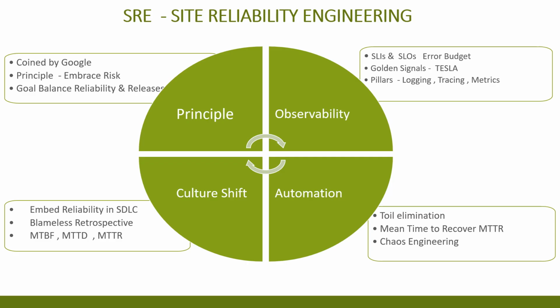The final and most important thing for a successful SRE practice in any company is the cultural shift, right? This is going to be very important for us to succeed as a team, because SRE is not about just one team doing everything. It's about the whole organization doing it together, right? So embedding reliability in the SDLC is an important aspect. Observability is an important aspect, which can be done. We can manage and control the faults and failures for effective